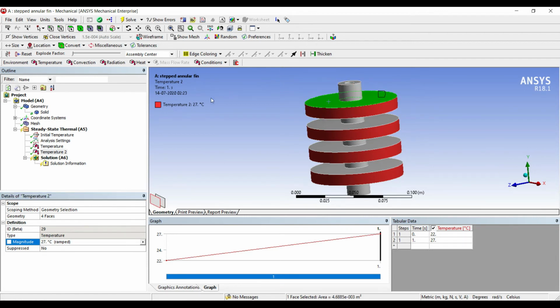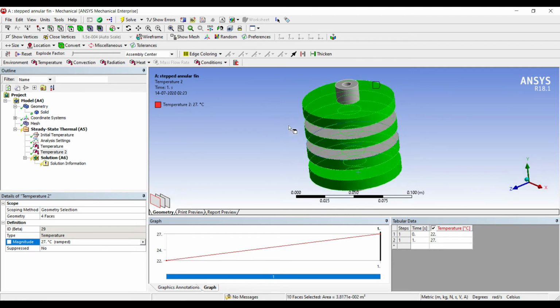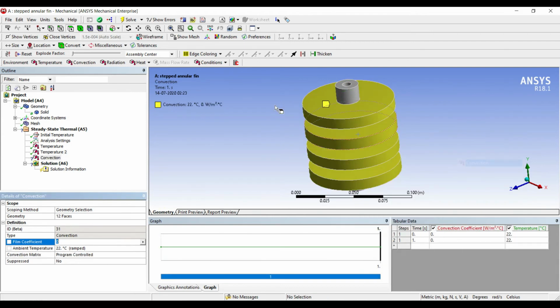On these surfaces, right click, insert, convection. Say the value of film coefficient is 5.